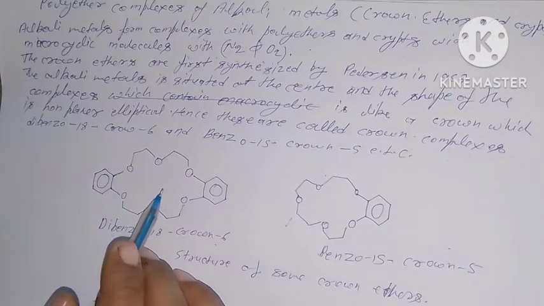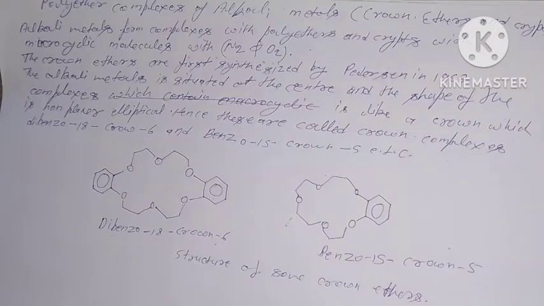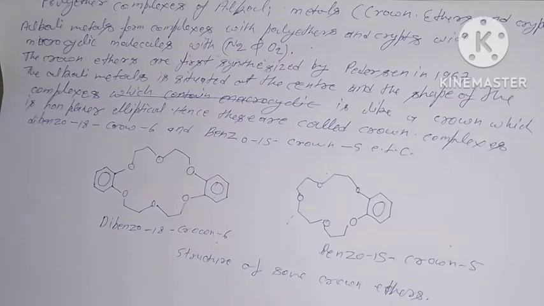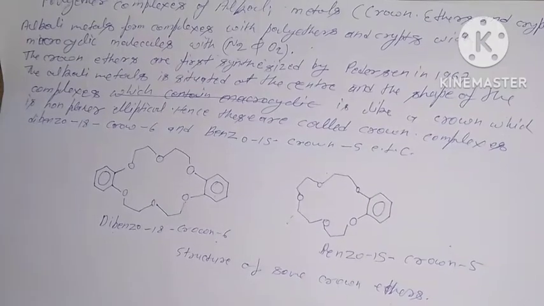The molecule may have a naphthalene or other ring in place of the benzene ring. Some typical crown ethers are, you can see,